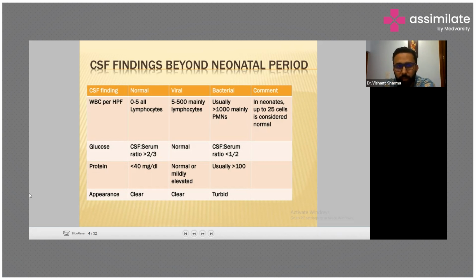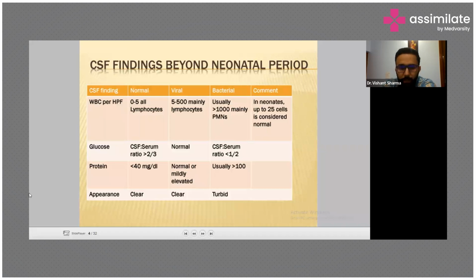Okay, so we check for the white blood cells, we check for glucose, we check for protein, and we check for the appearance. See this chart, if you are completely getting it inside your head, this will help you a lot to differentiate what kind of meningitis it could be. So one is normal, one is bacterial, one is viral. Normal we see 0 to 5 lymphocytes. In viral we see 5 to 500, and in bacterial usually it is more than 1,000